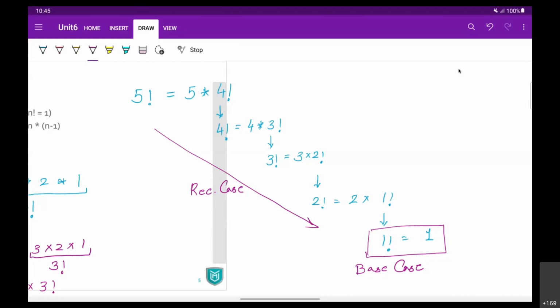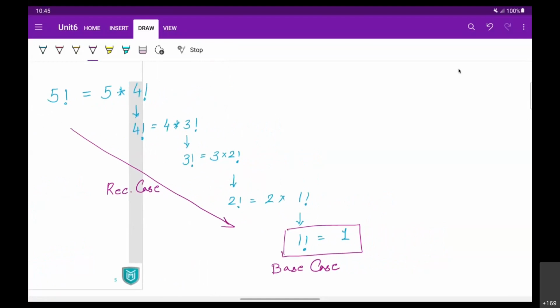But other than that, anywhere you have some factorial to be found, here we can say if n is equal to 1, then the answer is 1. Now, if n is not equal to 1, then the answer is n multiplied by (n minus 1) factorial.